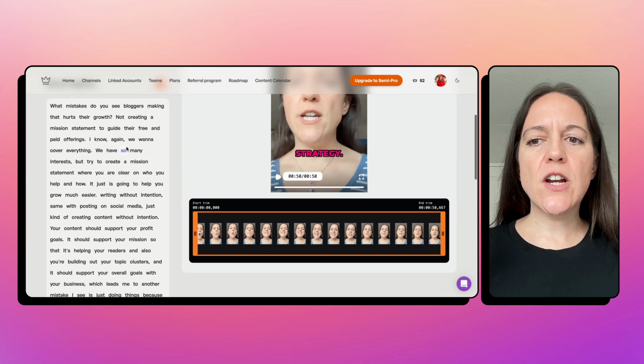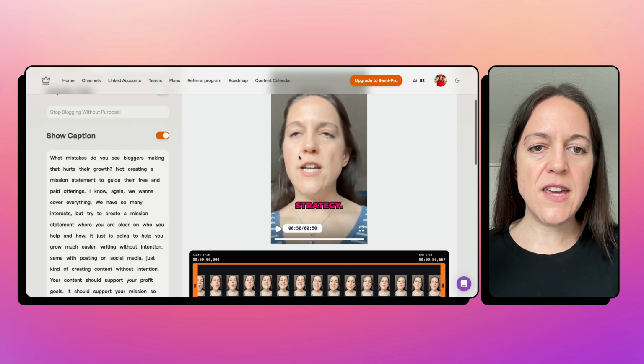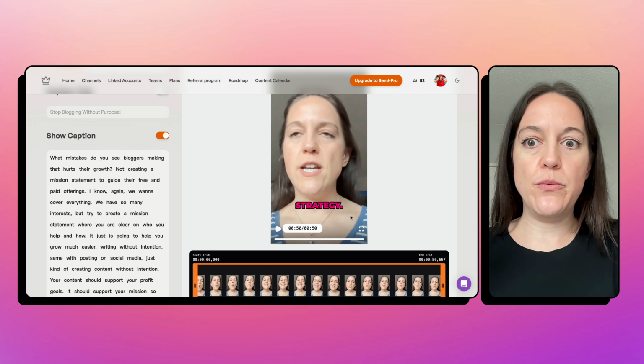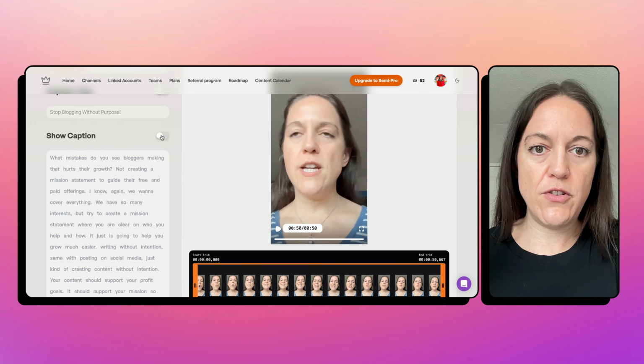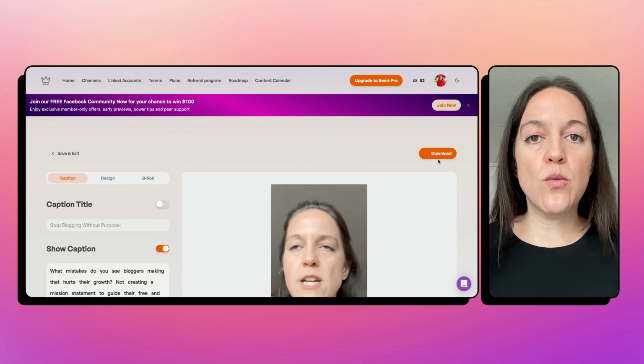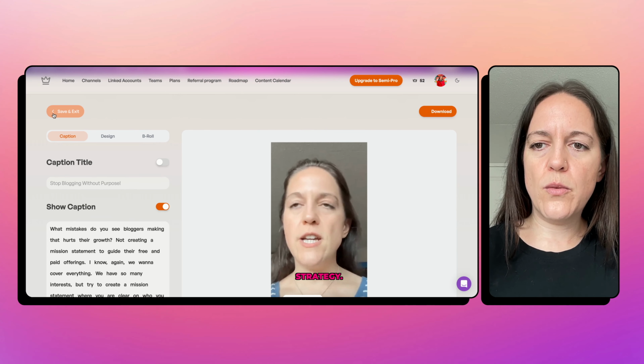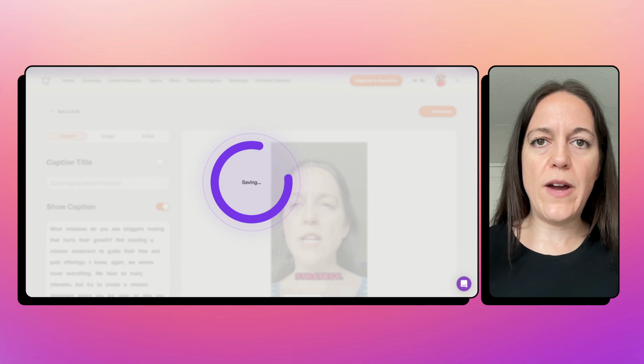So what you could do here, once you're happy with it, once you've trimmed it the way you want it, once you have the caption text the way you want it, or you can just toggle it off if you don't want it at all, you can download. So I've already downloaded this, but one thing I want to show you before we hop over to actually uploading it,